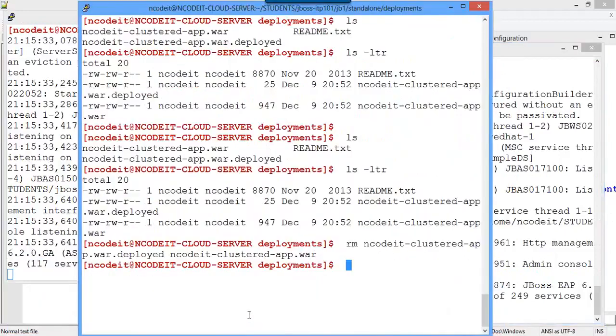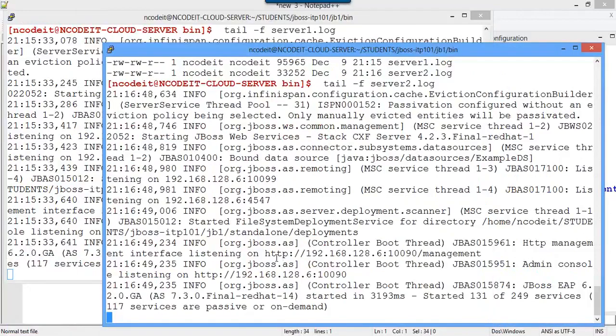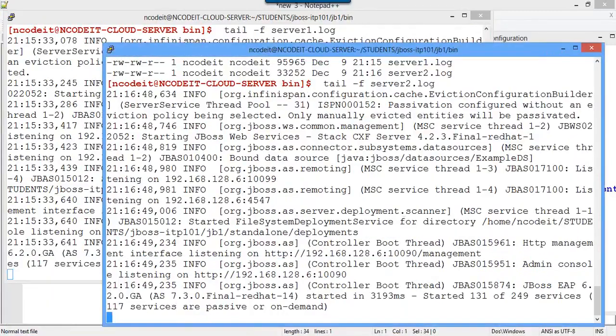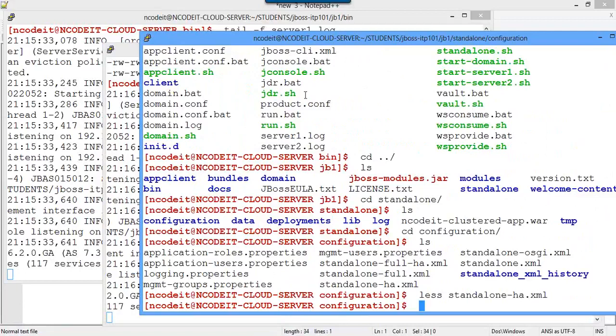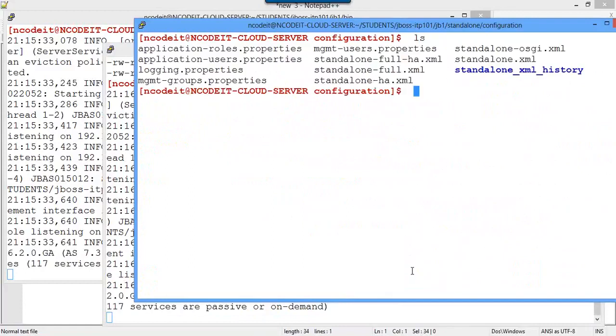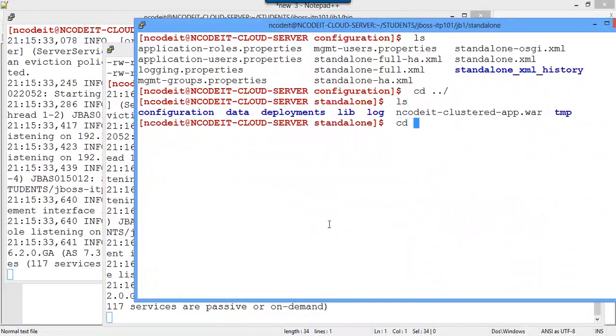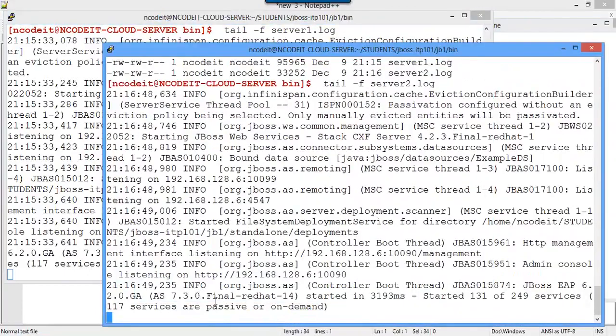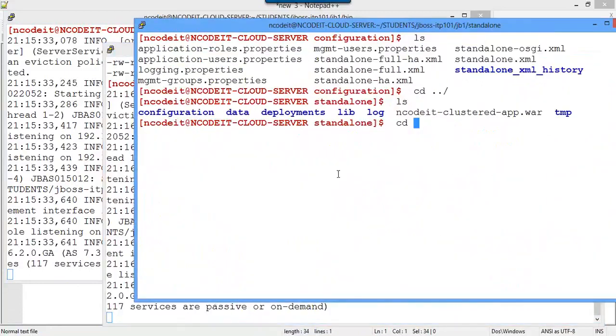Now deploying any application to the JBoss server, we already know. Just copy that war file into that. Let me close all the additional sessions that we have. So this is where we're going to deploy. Now because both these servers have started from the same installation, we can actually deploy the application or copy the war file into the same directory here under deployments, and it will get deployed to both the servers. If the servers have been started from two different installations, we need to deploy the application